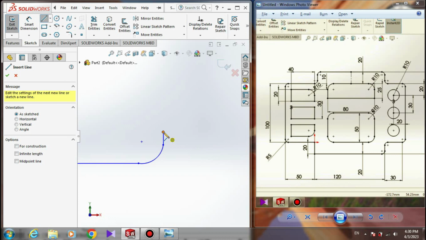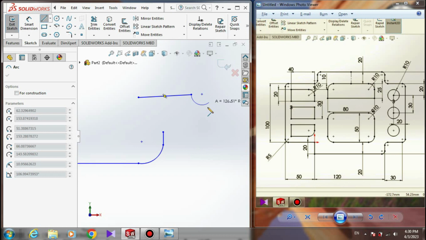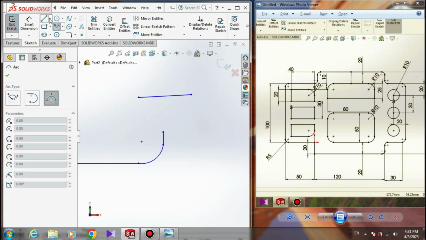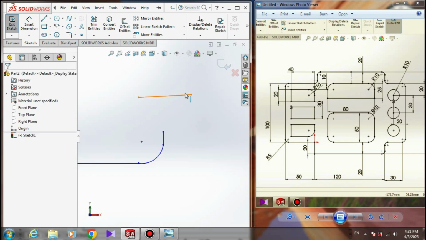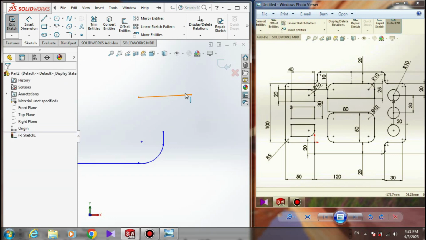If I draw a line, for example, right here, and then I want to make an arc, you can just extend the line and then go back to the point here. Then you can create your arc. So it is much faster if you do that, but I mostly use this method. For example, I press select and then I choose the 3-point arc. But if you do that, you'll become a faster designer. Please press select and then click this line and then delete. So the next one